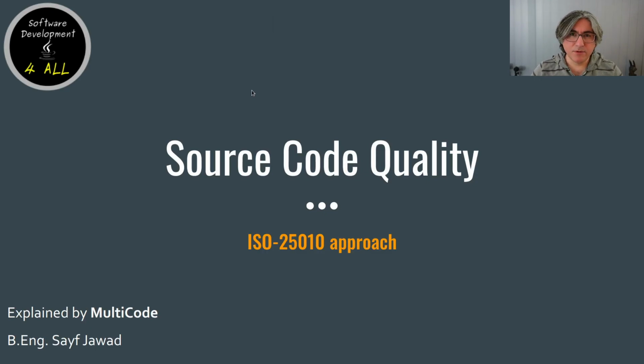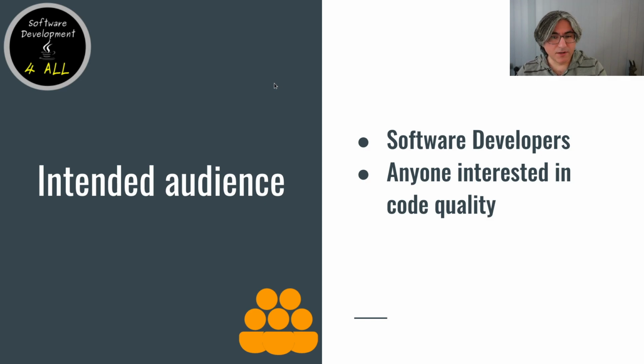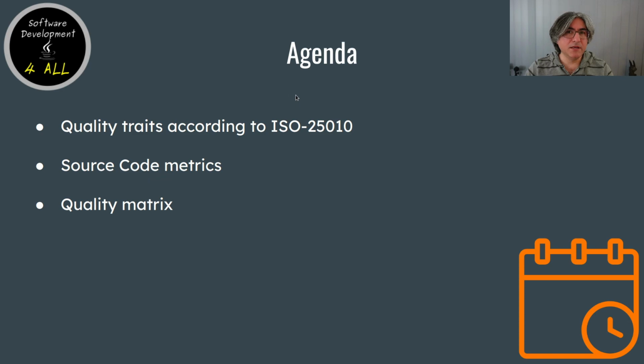Source code quality with the ISO-25010 approach. It's intended for software developers and actually anybody else who is interested in code quality and what it means. The agenda is we're going to go through the code quality traits according to the ISO-25010 standard, and go through some of the related source code metrics and show you the quality metrics where the ISO 25010 traits correspond with certain metrics that you can use in measuring the quality of your